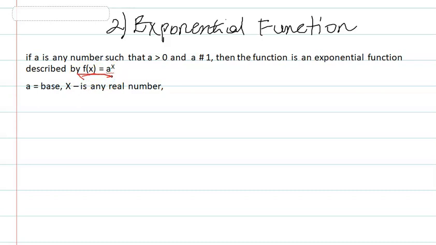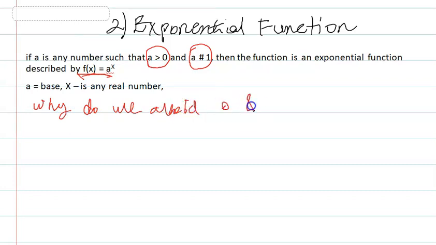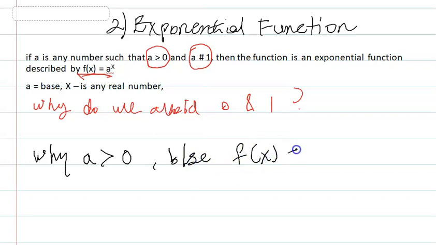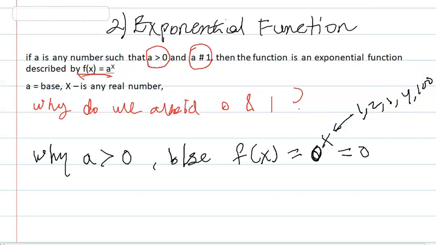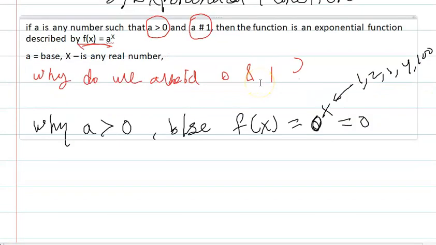ስለዚህ አሁን ሪዝኖቹ እነዚህ a greater than 0 እና a different from 1 የተባለበት ምክንያት ዲፋይን አደርጋለን። So why do we avoid 0 and 1? So why a should be greater than 0 is because f of 0, which is 0 to the power of x, equals 0 always. A ቢቀያየርም ይሄ ቁጥር 1 2 3 4 5 100 ቢቀያየርም ሁሌም 0 to the power of anything is 0. ስለዚህ exponential function እንደዛ ዲፋይን አደረግልንም ማለት ነው።